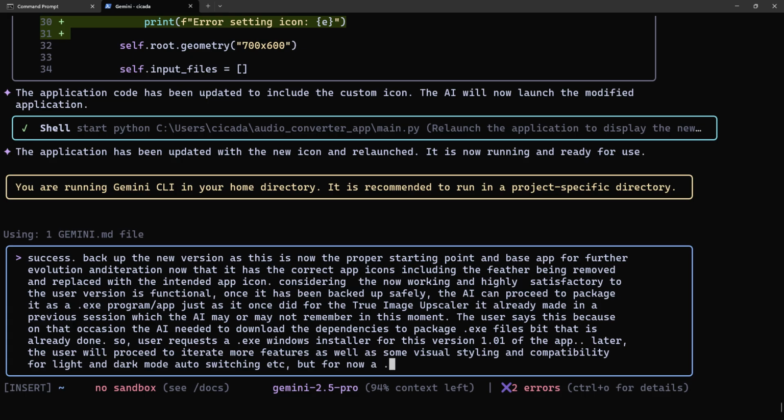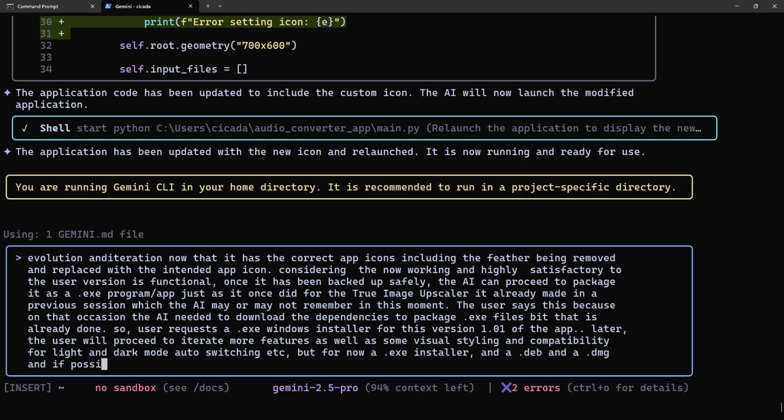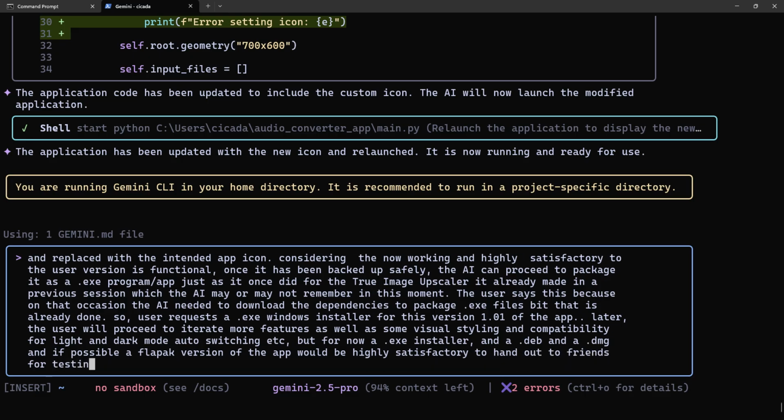But for now, .exe installer and .deb and .dmg and if possible a Flatpak version of the app would be great, would be highly satisfactory to hand out to friends for testing